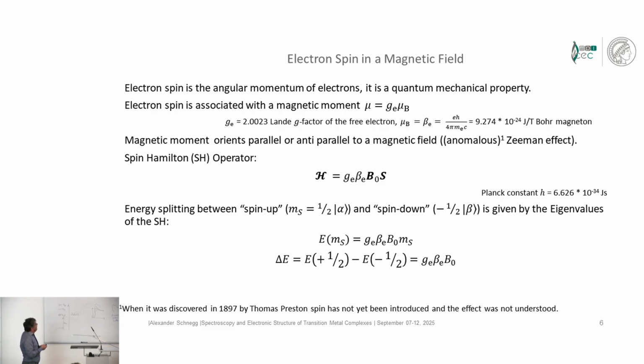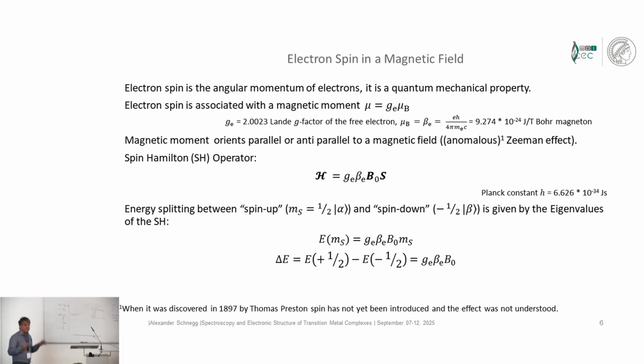And the Bohr magneton, I wrote here both conventions, μB and β_e, both are used and just mean the same. And this property is a product of the charge of the electron, the Planck constant, divided by the mass of the electron and the velocity of light. As you have already heard, magnetic moments orient in an external magnetic field, and the resulting energy levels can be described by an equation which is shown here, which